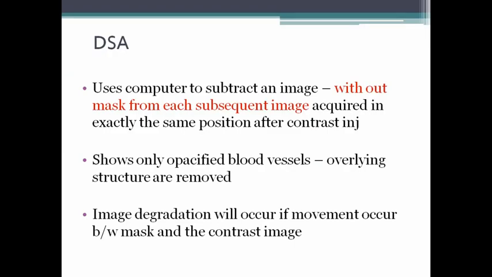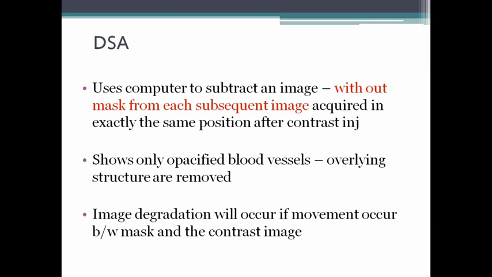As all of you know, I think you all got a posting in the cath lab, where digital subtraction angiography equipment is used, where most of the angiography available nowadays uses the computer to subtract the image without mask from each subsequent image. In the type of DSA, these are the basic, the first method which was there, that's definitely used as a basic view in most of the angiographic equipment,